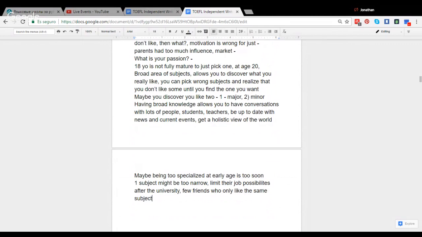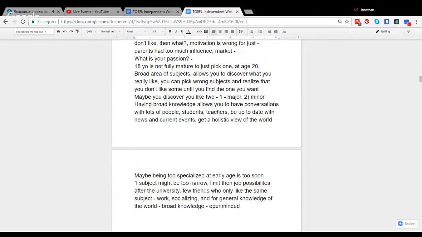So it might be limiting for work, for socializing, and for general knowledge of the world based on subjects like philosophy, sociology, math, history. If I had only studied music, probably I wouldn't be as open-minded or broad-minded. So yeah, broad knowledge,